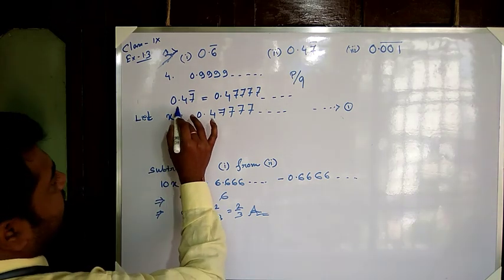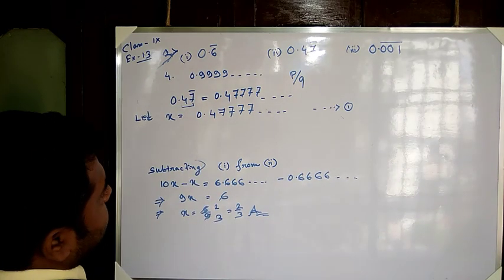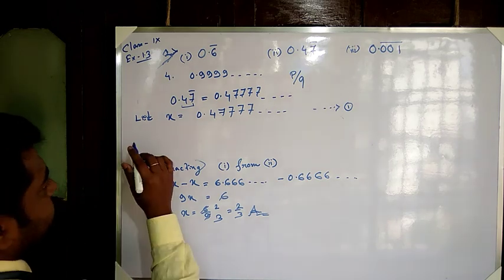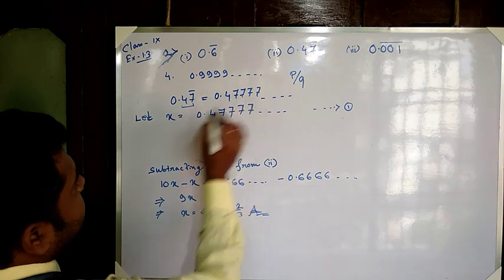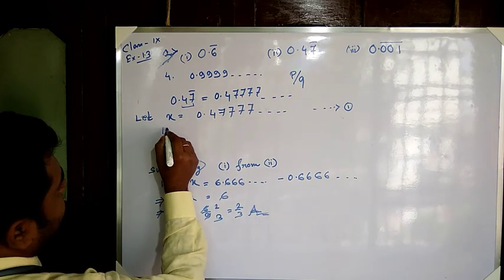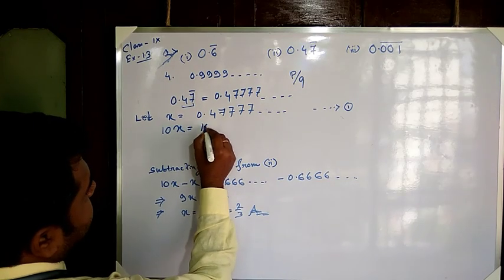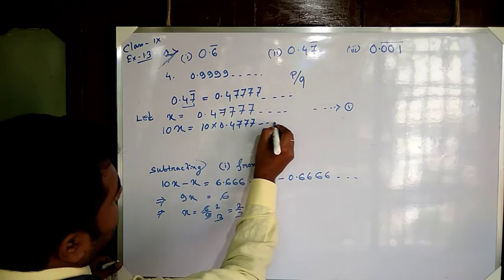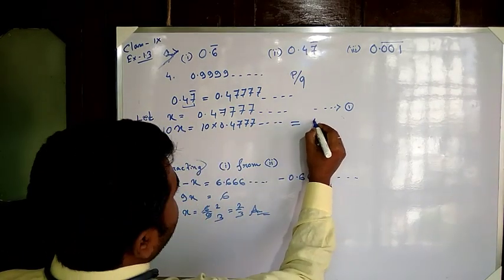After how many places is it repeating here? 2 places. But before that, as I told you, 7 is repeating. So first multiply by 10: 10 into 0.47777 dot dot dot equals